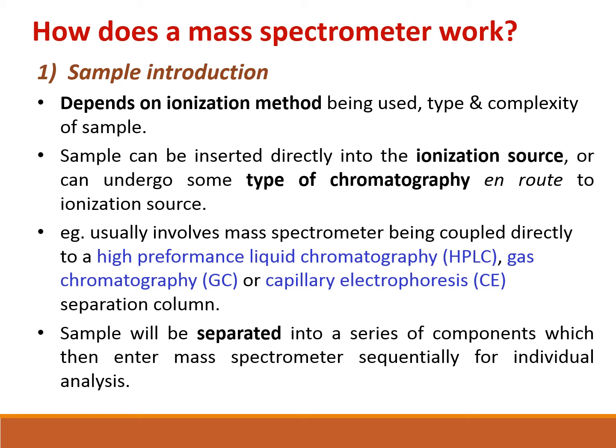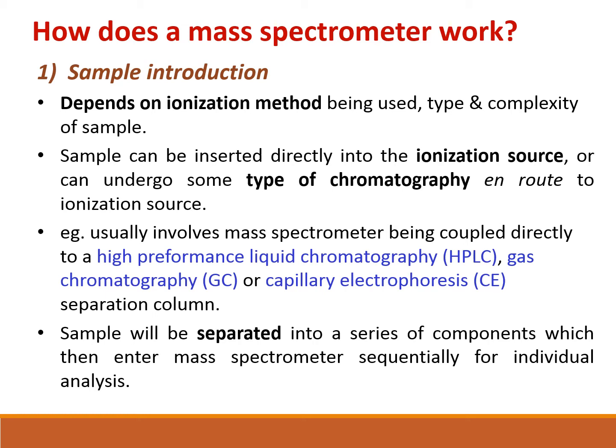The commonly used chromatography methods are HPLC, GC, or capillary electrophoresis separation column. The sample will be separated into a series of components by chromatography, which then enter the mass spectrometer sequentially for individual